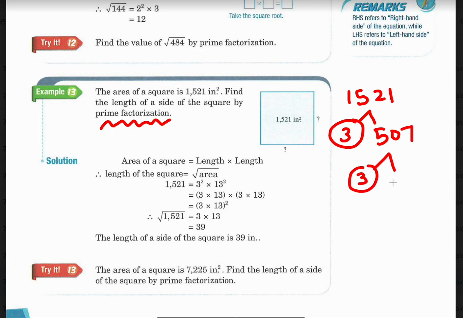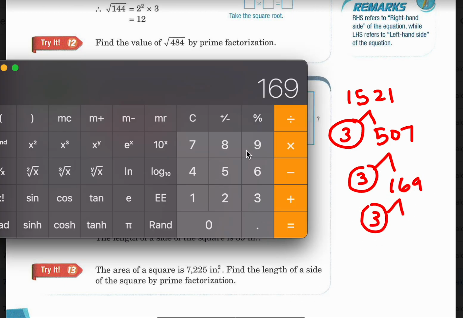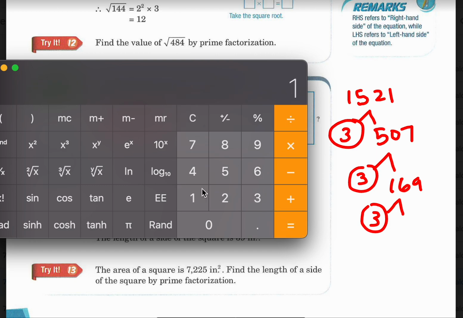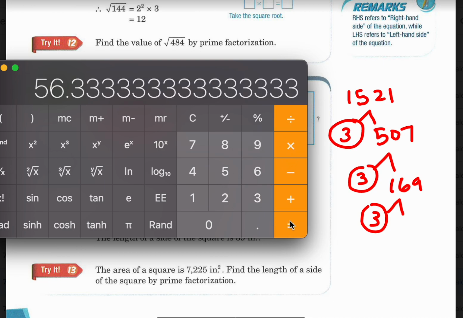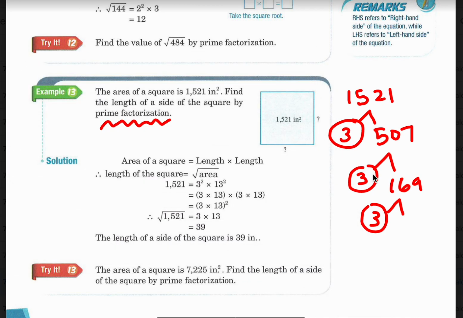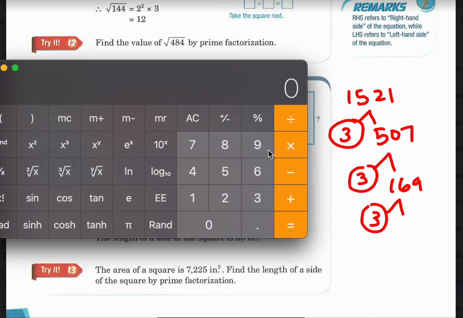So we have 3 and 169. Was that what that was? Yes. That looks like that can be divided by 3 again. 169 divided by 3. Well, maybe not. 169, let's see, well, it doesn't divide by 3, but I think there is a 3 in there somewhere because I see the 9 in there. So let's try,